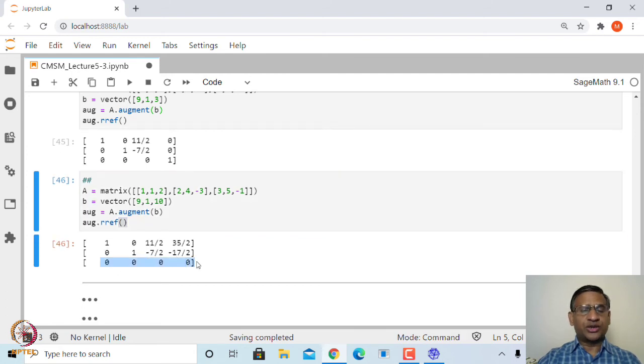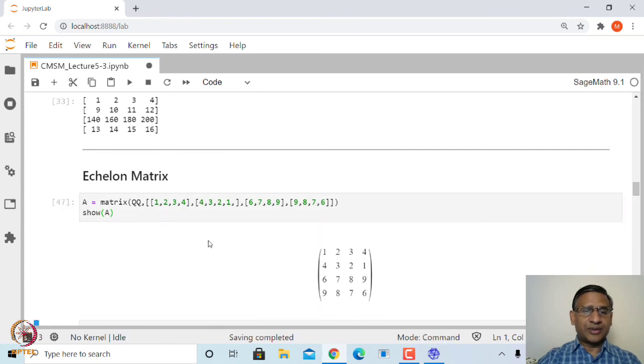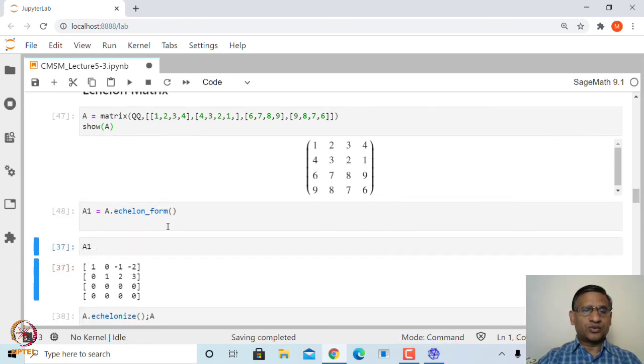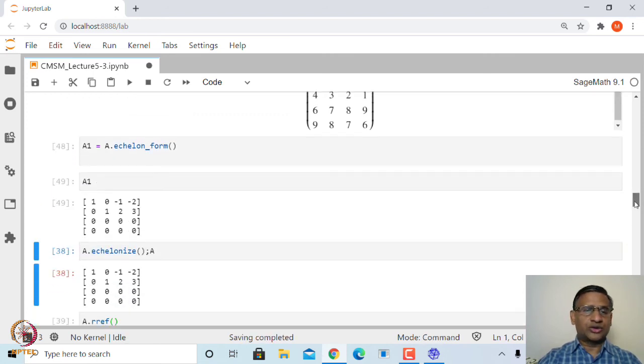So, in such a situation you have infinitely many solutions, and there are many other things that can be explained using this notion of row reduced echelon form. For example, you can find the inverse of a matrix, you can find the rank of a matrix. The rank of a matrix will be nothing but the number of non-zero rows in row echelon form, right. So for example, if you look at this matrix A, and when we applied RREF to this matrix, what we got was this matrix whose first 2 rows are non-zero, remaining are all zeros. Therefore, the rank of this matrix will be 2.